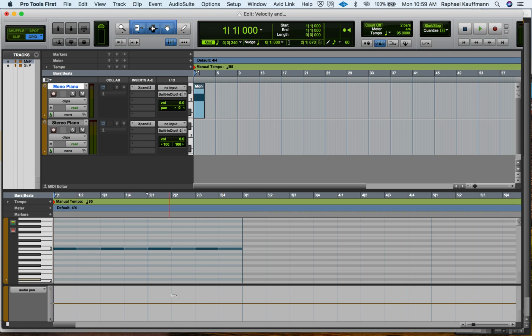Again, this whole area is called the automation lane. And if I were to use my grabber tool, click at the quarter note spot here, I have just moved the sound from the center all the way hard left. You can see the L here and an R here. I'm actually going to pull this down so it goes all the way from my right ear to my left